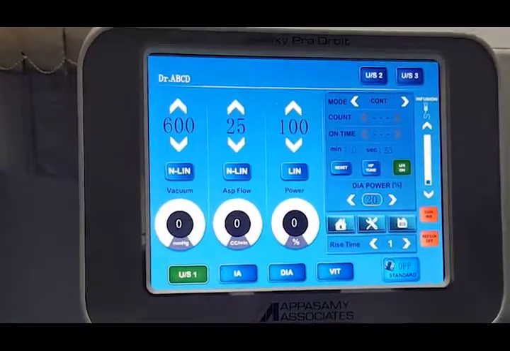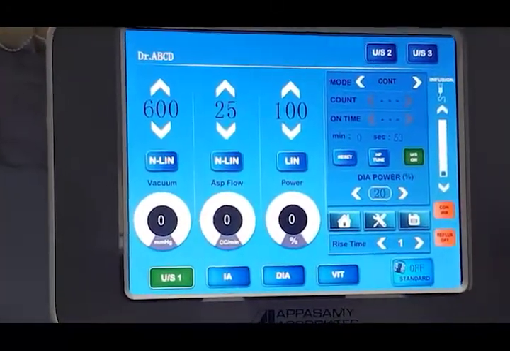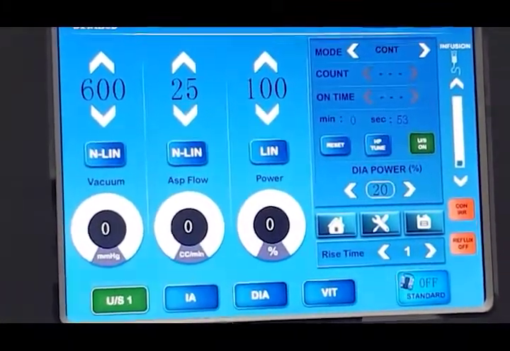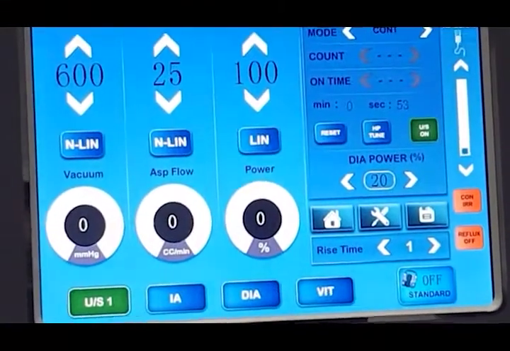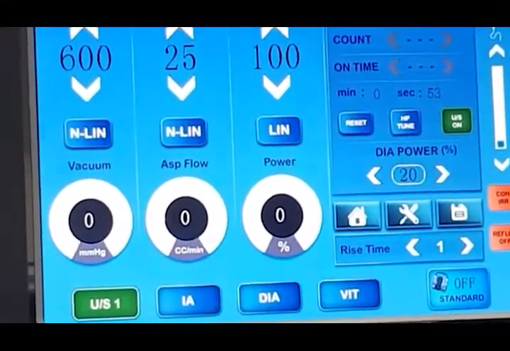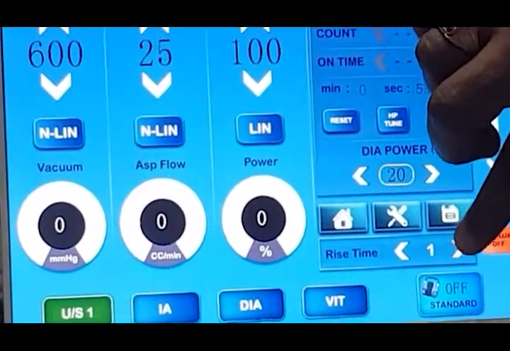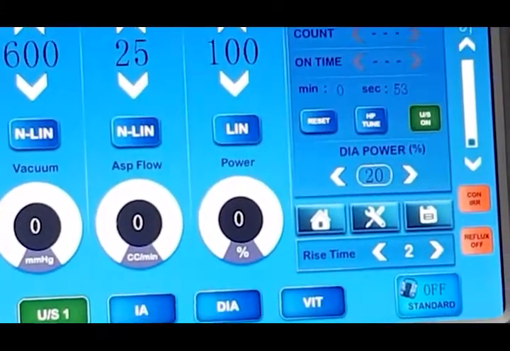This will actually enhance the machine to perform in a much better way, that is a much faster way compared to no rise time, without changing any parameters. If you require it even faster, then we can go to rise time 2.